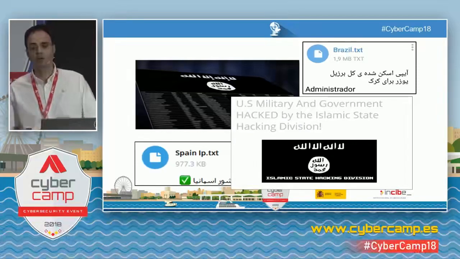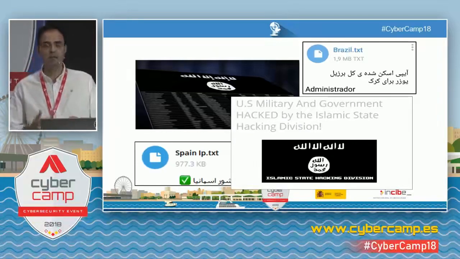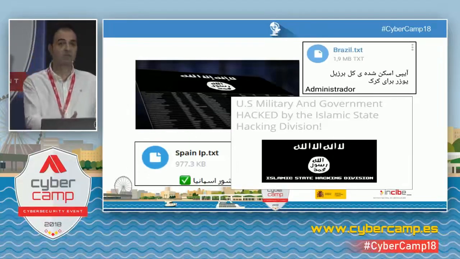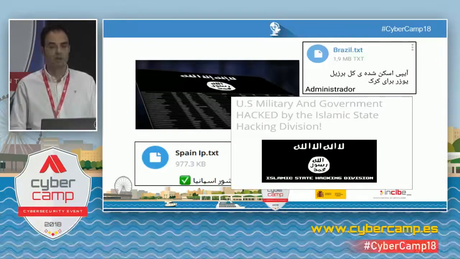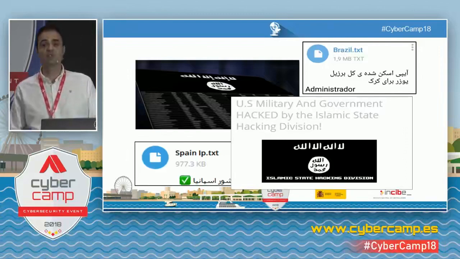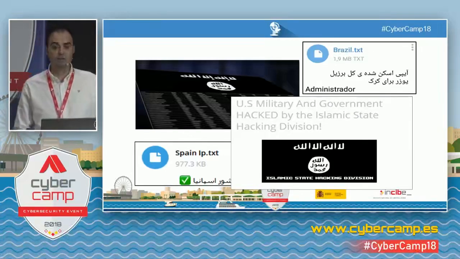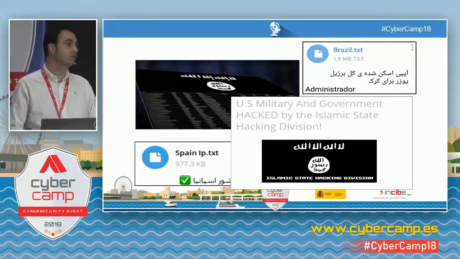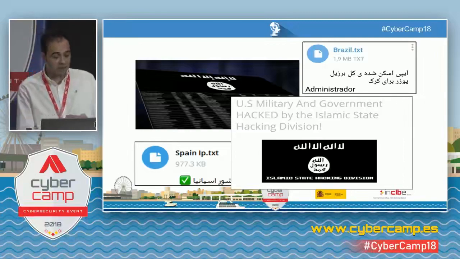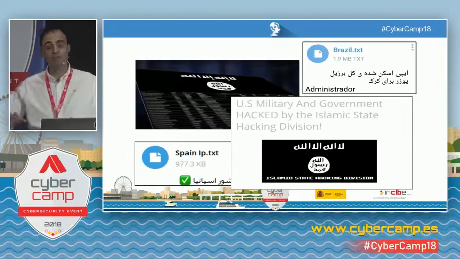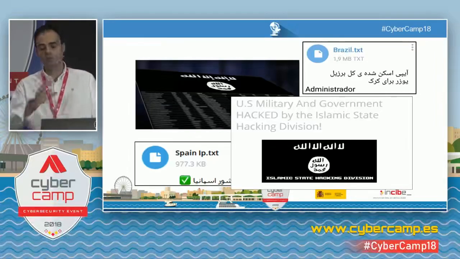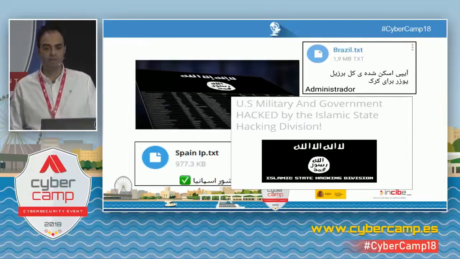So when you monitor profiles, we also try to be proactive as much as possible. Depending on what information we find, for instance, we found this file where Spanish nationals might be in danger, or it's a threat, right? Well, we want to make the most of that and act upon it. In the case of the Spain IP file, that was a pro-Daesh channel,